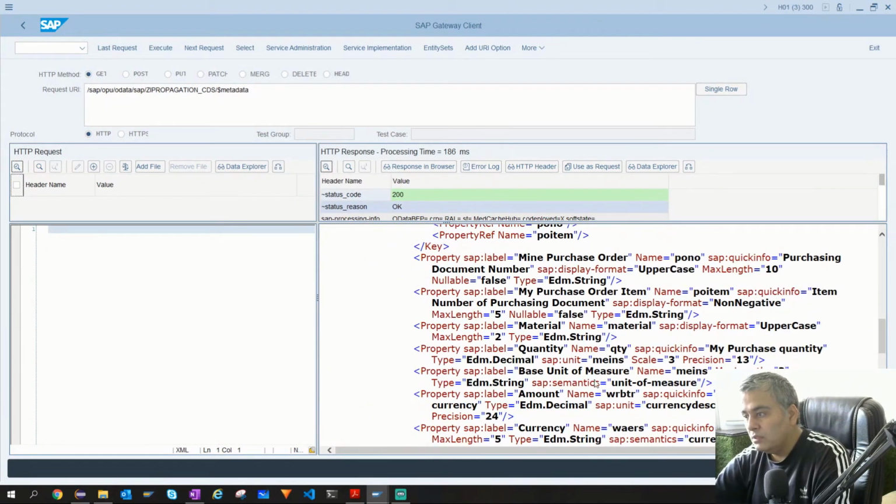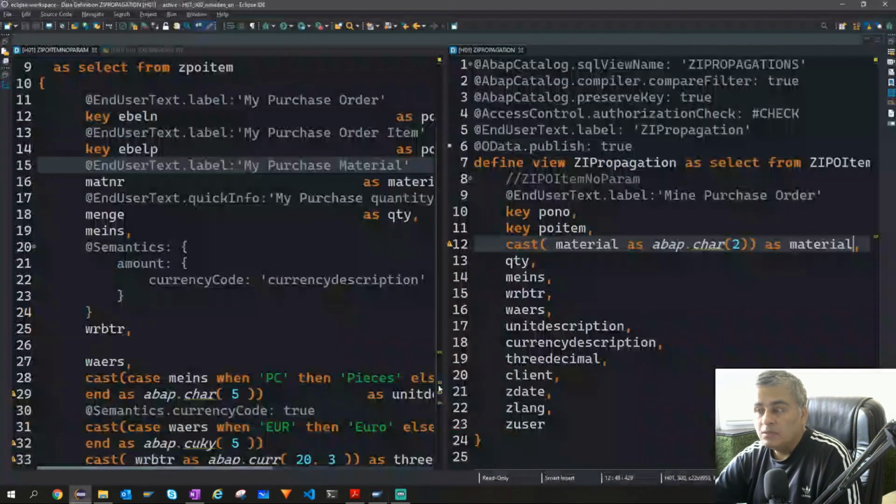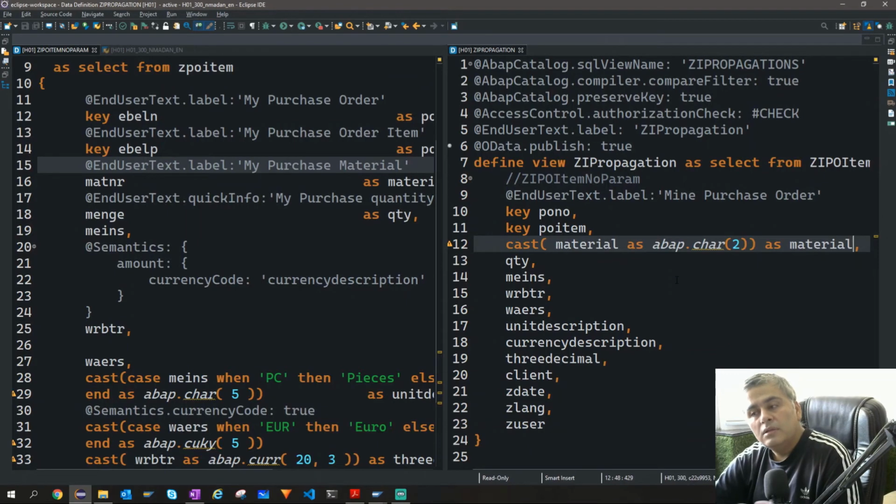So if you now look at quantity, my parent labels were gone, right? This was my material, that is gone and length is reduced. So that means when you use casting, when you cast some element, then it does not consider the parent one, but it considers it locally. Now you need to add your own annotations here, right? Maybe what I'll do is, let me remove this,